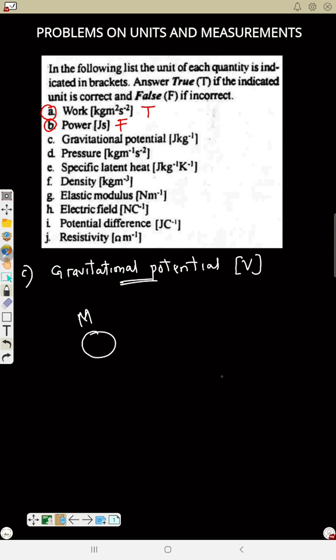Now there will be a gravitational field around it. Now if I have a small mass here also, this small mass will be attracted to this big mass, and that is your gravitational force. You can have the idea from gravitational force. Now what is a gravitational force? If you remember,